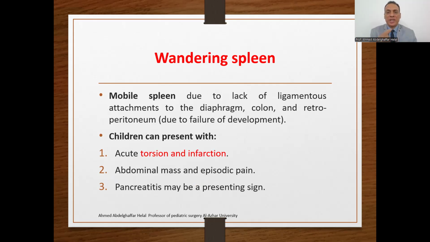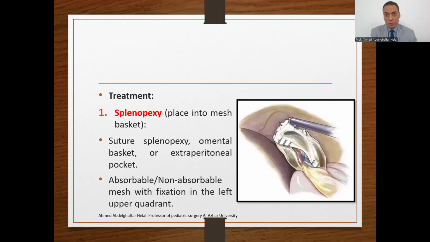The spleen may rotate around its vascular pedicle, become infarcted, or present with acute torsion, severe abdominal pain, and abdominal masses. Some cases may present with pancreatitis. How to treat this problem? Usually we perform what's called